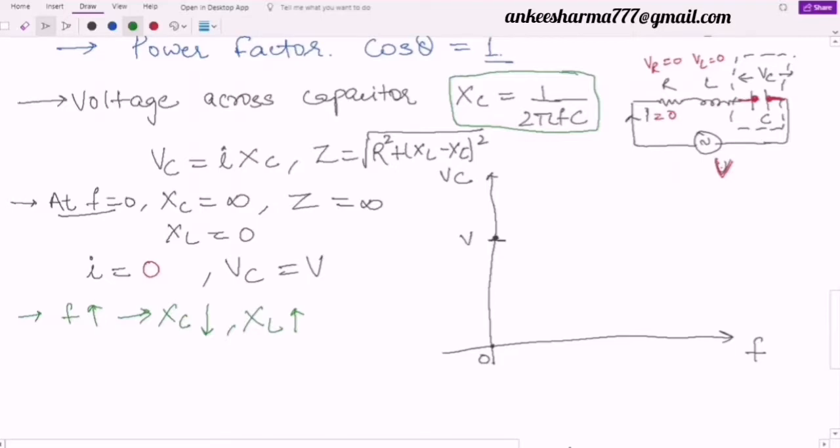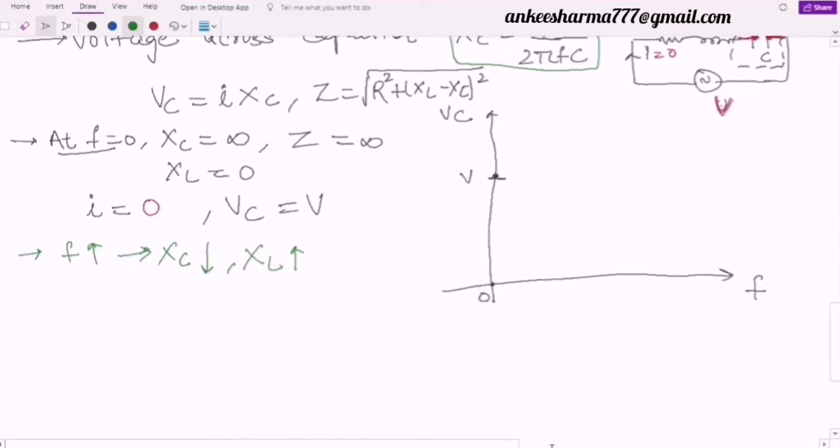Now if I calculate the value of x, then can I say that x is equal to magnitude of XL minus XC, right? The combined impedance of this is what we can say here, that this is equal to x square, because it is squared over here. So x will be equal to magnitude of XL minus XC, and now due to the increase in the value of XL but decrease in the value of XC, the overall value will increase or decrease.